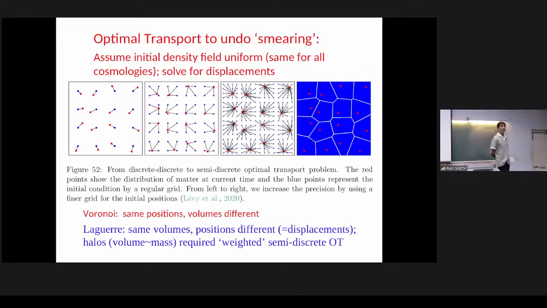The other game we play is we try to reconstruct the field. So I'll do this very quickly and then stop. So reconstructing the field is the following. You use a different idea, right? Because to reconstruct the field, we have a bunch of positions that we see today, where the galaxies are. We have to know where they came from. How do we know where they came from?